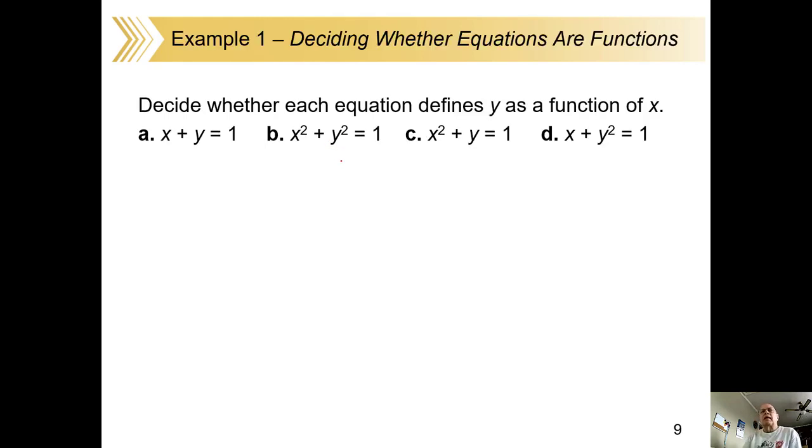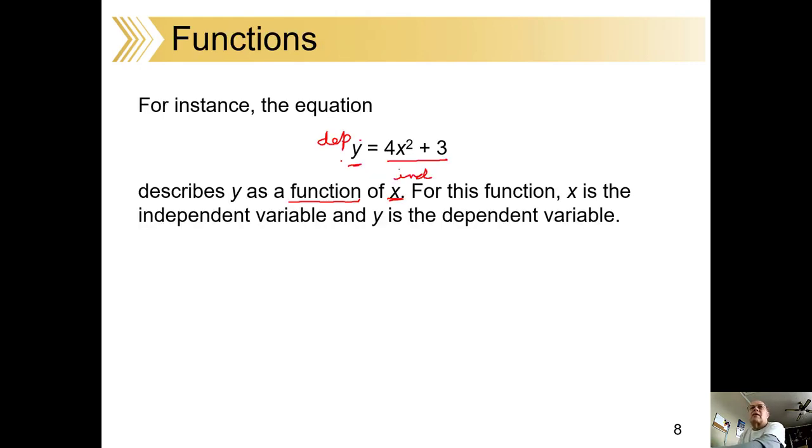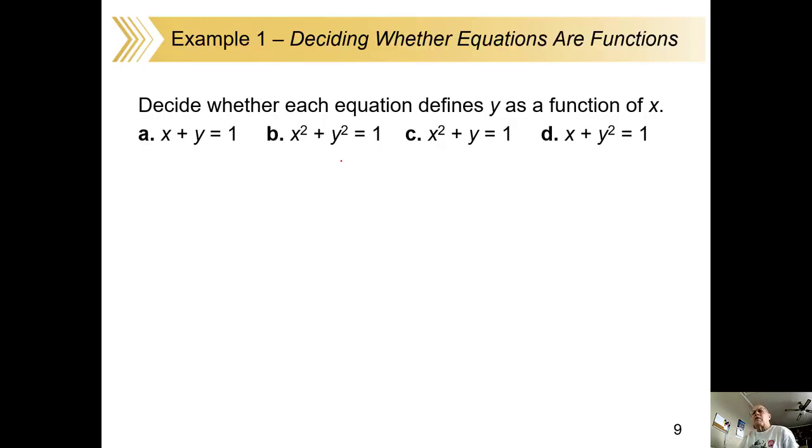Next, how do you decide whether you've got a function or not? Just because you throw x and y's together doesn't mean you've got a function. That's not necessarily so. In fact, take a look back here for a second. We have y equals 4x squared plus 3. All we had to do is throw in an x, you find the y. Keep that in mind. If we look over here at the first one,